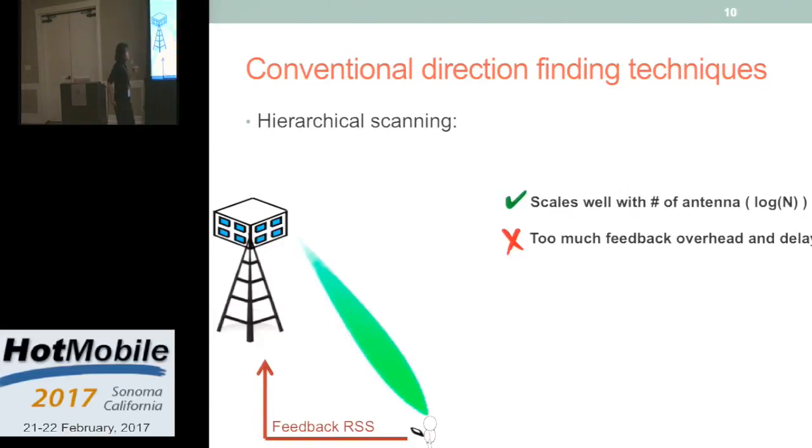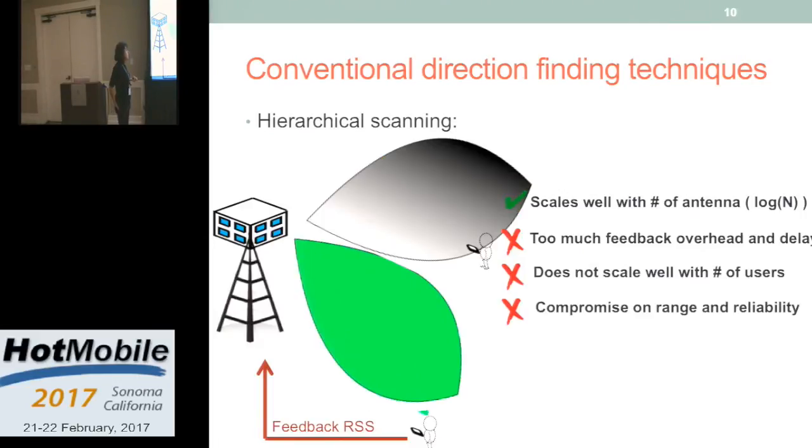But the problem is that we need to wait for the user to send us feedback, and based on that, we decide the next beam. That introduces too much overhead. Also, it doesn't scale with the number of users. As I said, we want to serve multiple users at the same time. If we had, for example, one user over here and one over there, we need to scan both of the regions. So it doesn't scale with the number of users either.